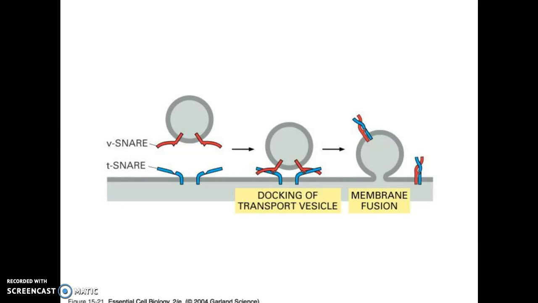And so this is an NSF associated receptor. So the SNARE is an acronym, and the V snares are on the vesicles, and the T snares are on the target membrane, and